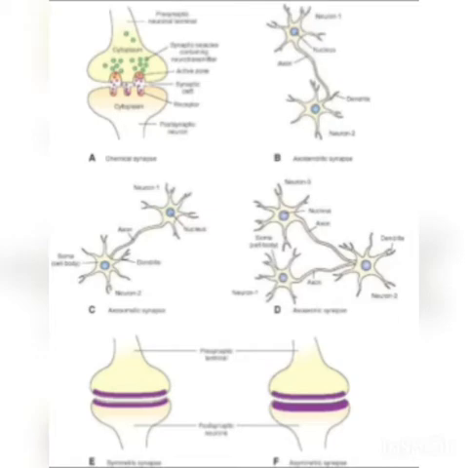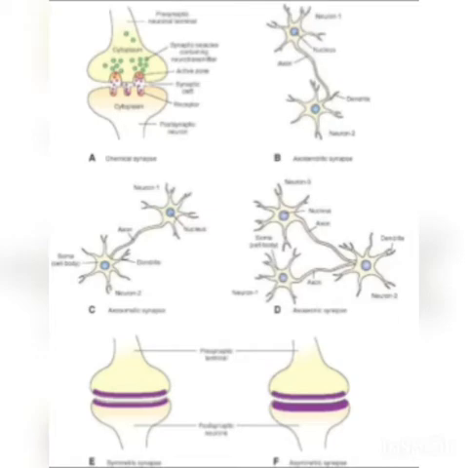So let's see what B is showing, axodendritic synapse. It is formed when an axon terminal ends on a dendron or dendrite of another neuron. Axon of one neuron and dendrite of another neuron, when they come in contact or when they are attached, that type of synapse is called axodendritic synapse. The second one is